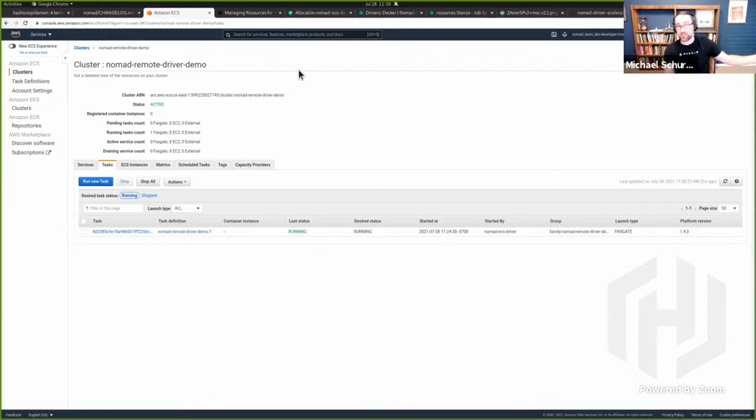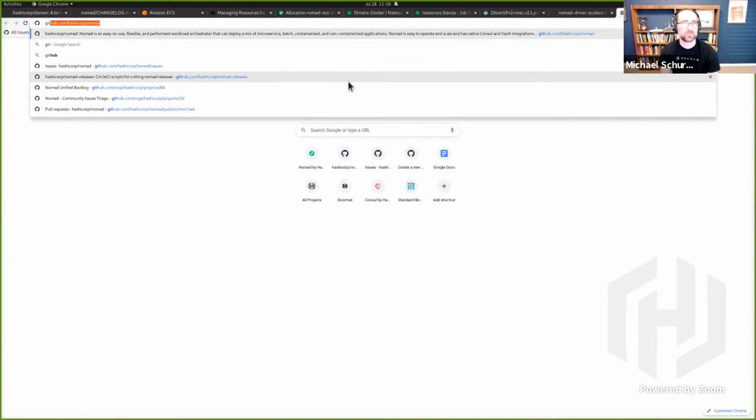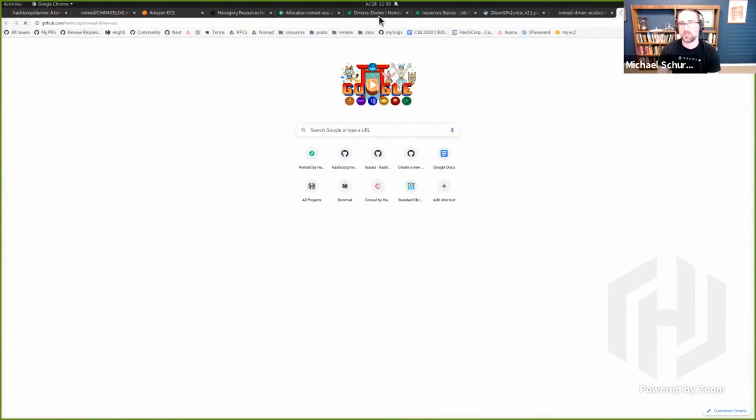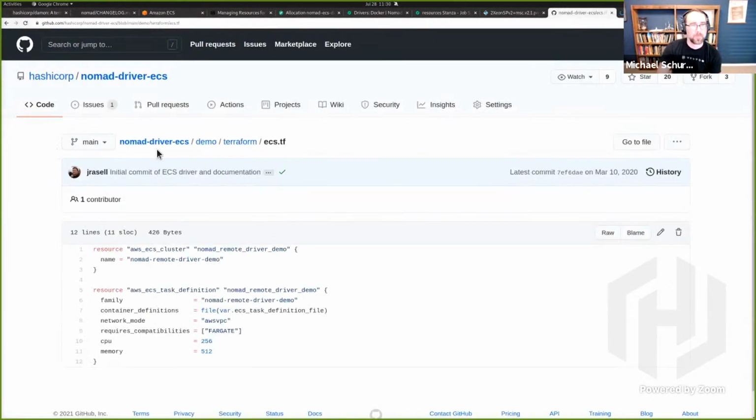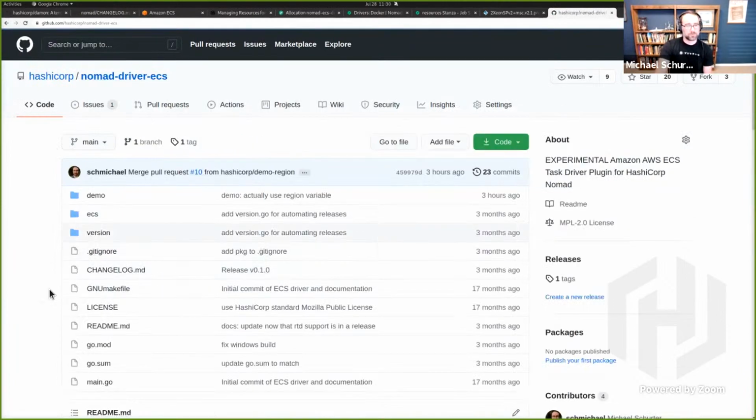I think there's some really interesting fun to be had. Let's take a peek at this driver code.